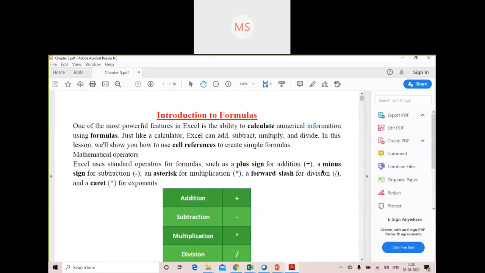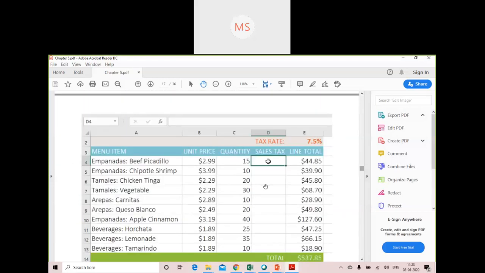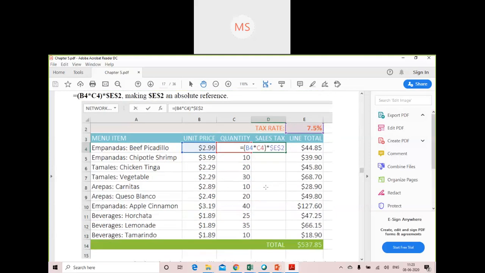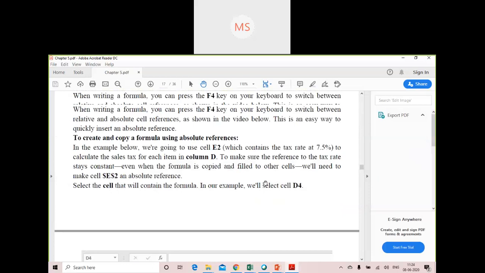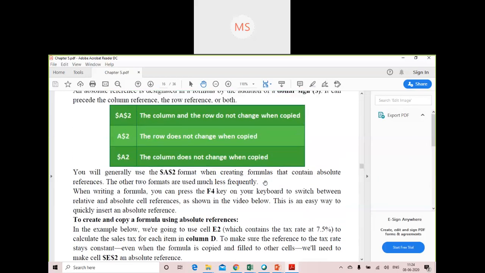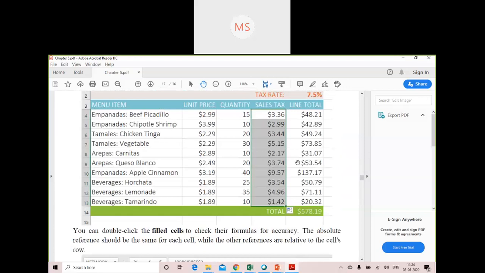So this is what you can see here. This is how you can make use of E$2, the row does not change when copied; $A2, the column does not change when copied; and $A$2, the column and row do not change when copied. So you can use these references for your practice.